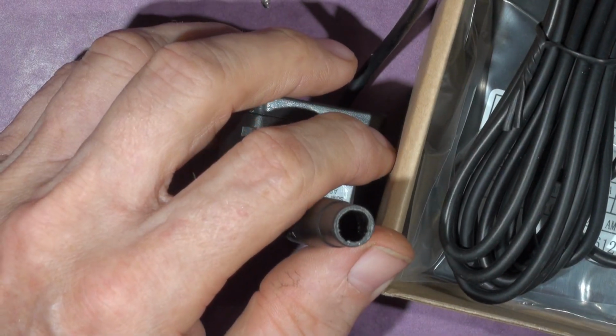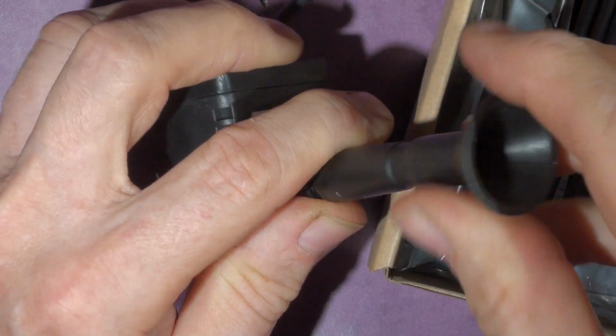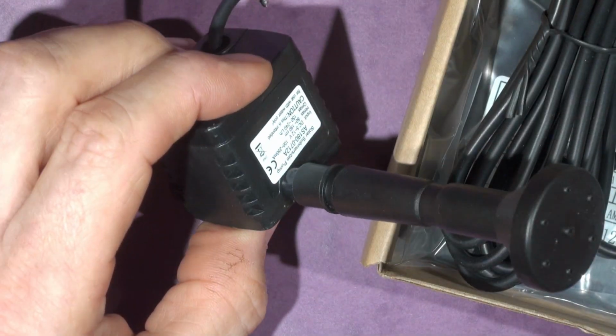Where's that other thing gone? Hello, we lost a part. Doesn't take me long to get round to losing things. Just leave me to it. There you go. So that goes on there like that. Then your spouty thing goes on top of there. And woohoo! You've got